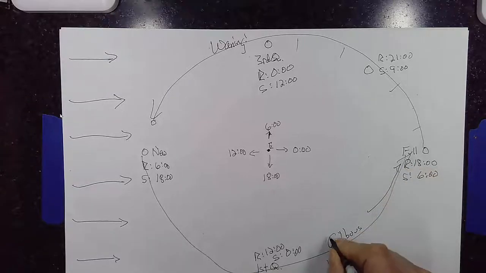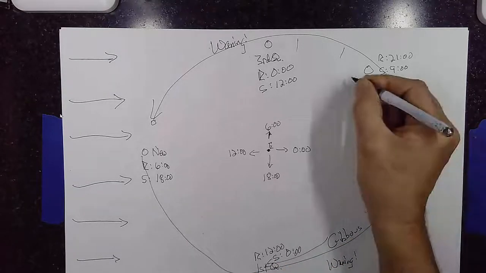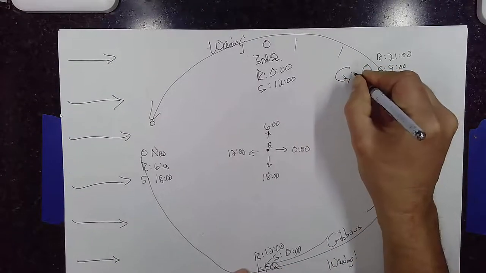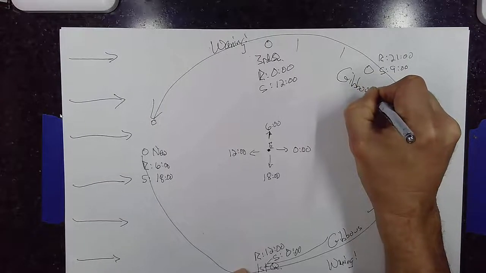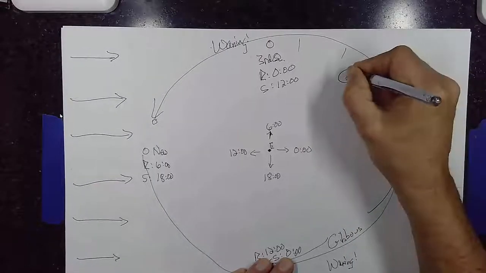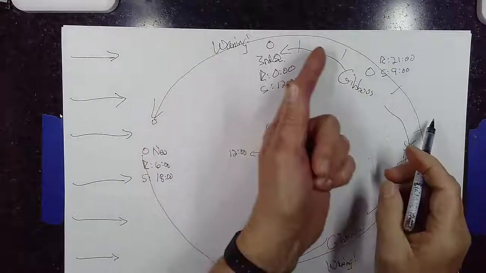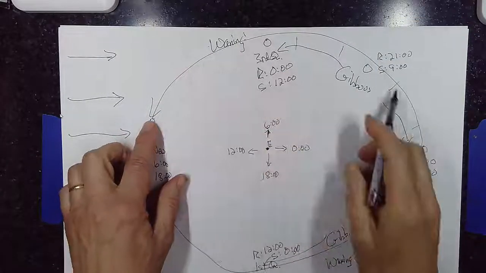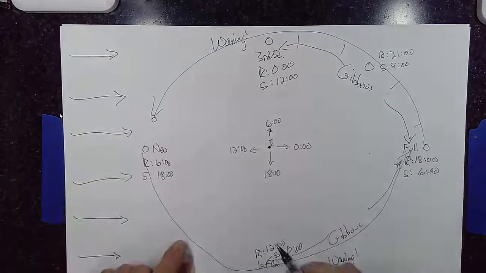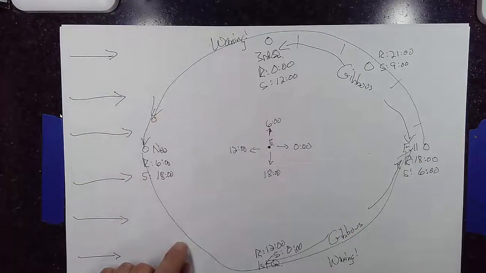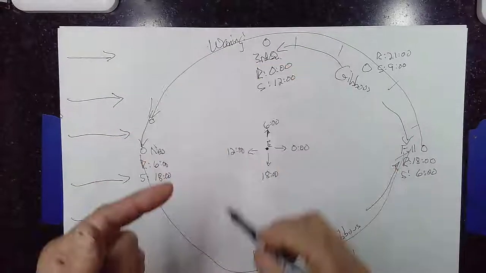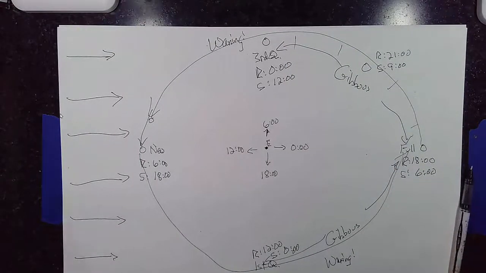from full down to first quarter. You can put gibbous up here from full quarter down to third quarter. Now remember, it's a waning gibbous in here because it's waning for this entire top half of it. Stop there, and then you can put crescent here and crescent there, and you can fill in all